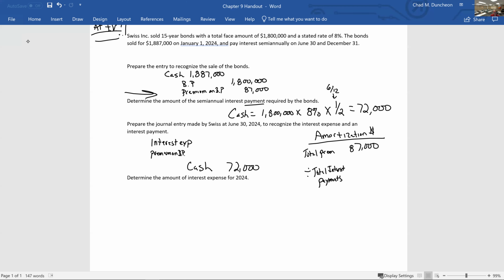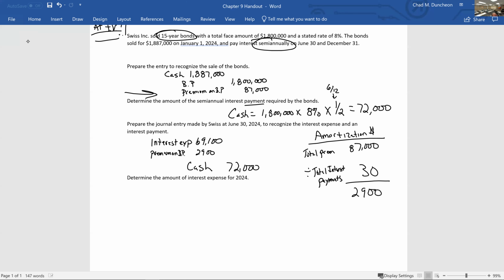In this case, we had 15-year bonds paid semi-annually. So we would have 30 interest payments, 15 years, twice a year. And that will come out to $2,900. That's the amount of the premium that we are going to remove each time we make an interest payment. So we take $2,900 over here, making our interest expense lower